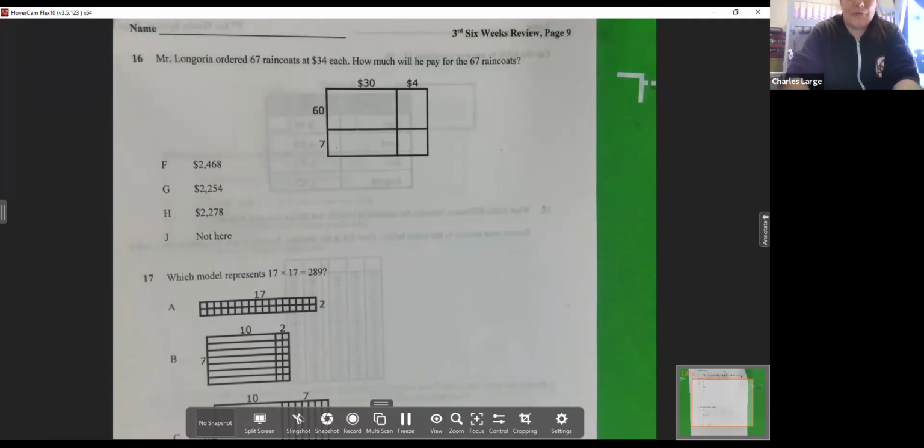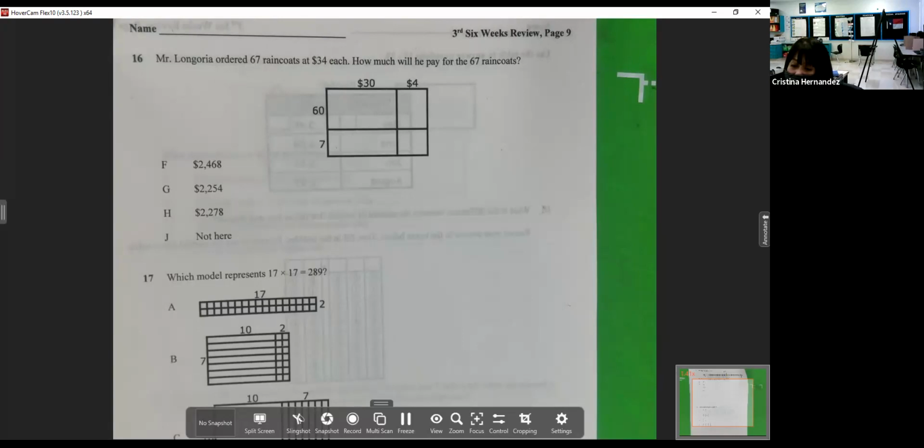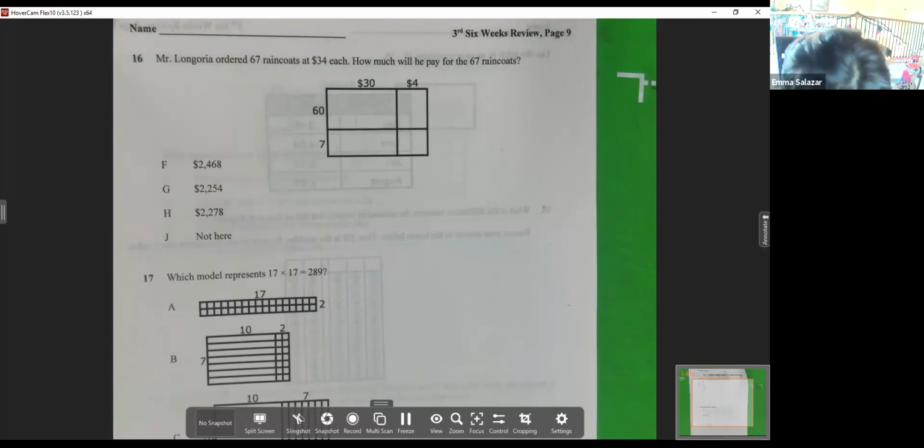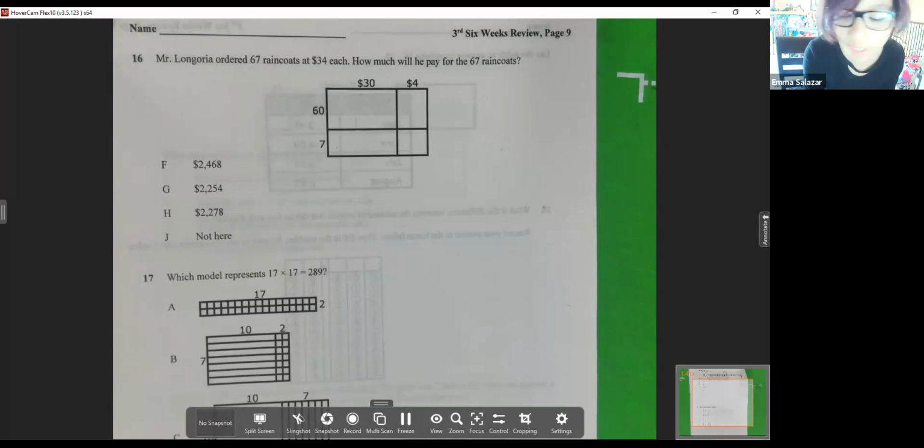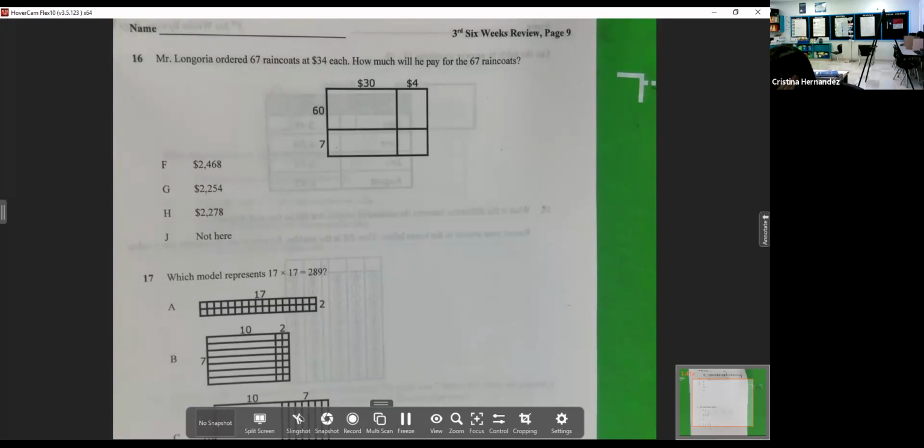6 weeks tests are hard, especially for math, because we learned a lot in math. We had 2 by 2 multiplication this week. We had fractions. Did we have compare and order fractions, I think? Fractions are really hard for some people. And we also had adding and subtracting decimals. So we had a lot. Not as challenging.